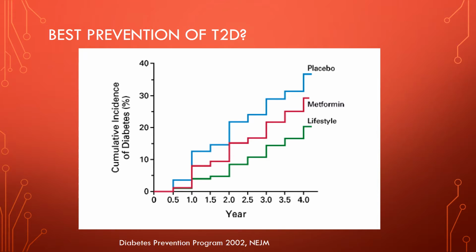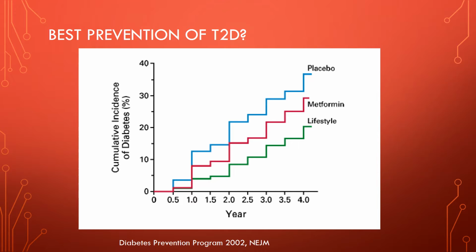The next question is, can exercise or physical activity prevent diabetes from even occurring in the first place? The biggest study on this topic was called the Diabetes Prevention Program, and it was done about 15-20 years ago now. This was a randomized control trial, and they had people put into 3 groups. They either were in a placebo group, a metformin group. Metformin is a drug that has been shown to effectively treat diabetes, and then a lifestyle group where they consumed a healthy diet and were physically active.